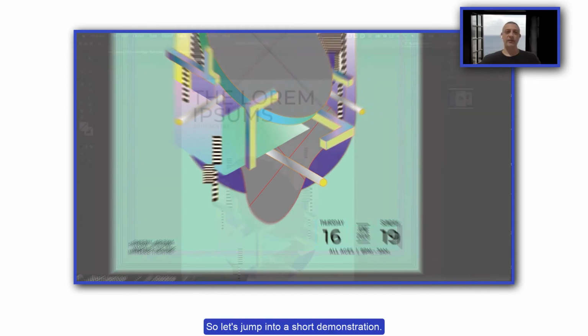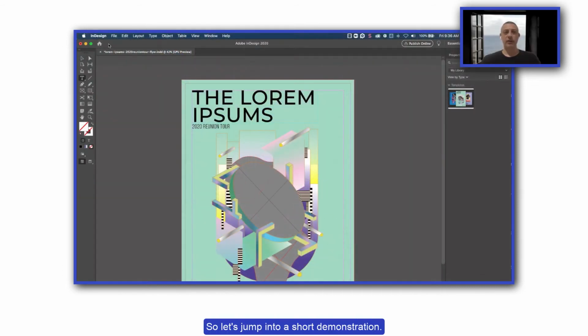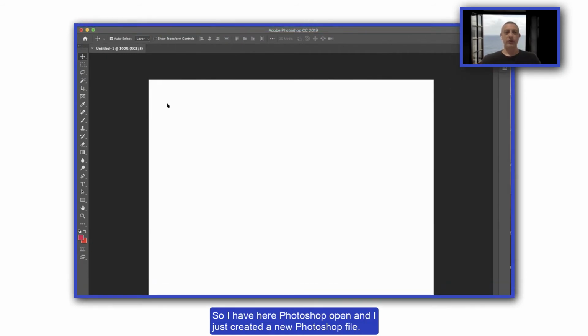Great. So let's jump into a short demonstration. So I have here Photoshop open, and I just created a new Photoshop file. And now I would like to start working on creating a new version of an asset that is already stored in Cloudinary.